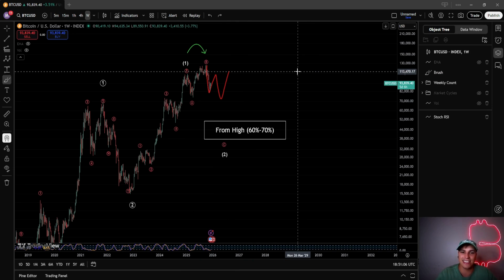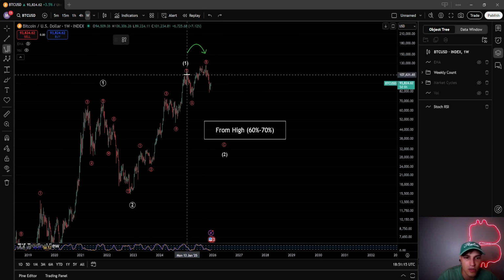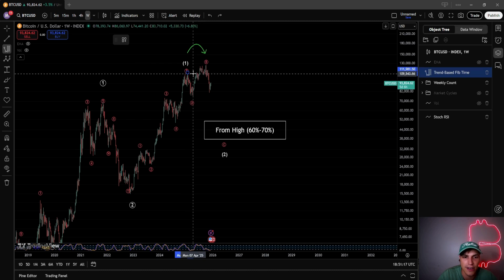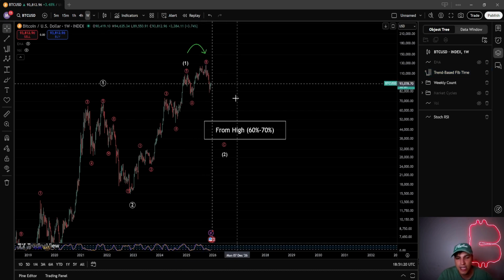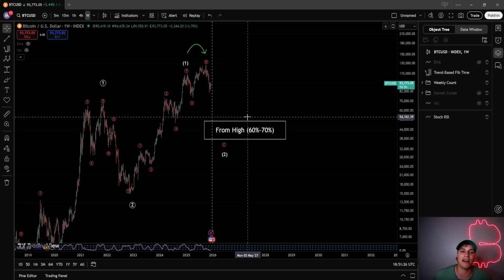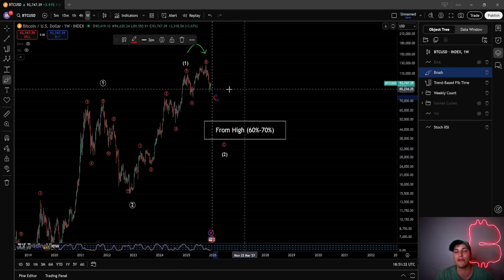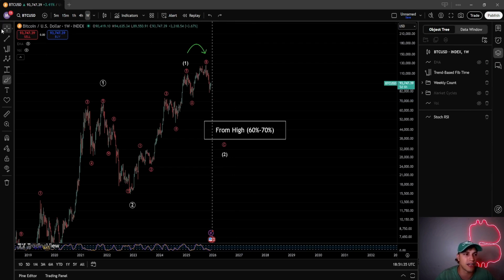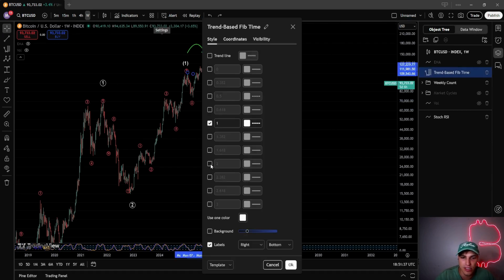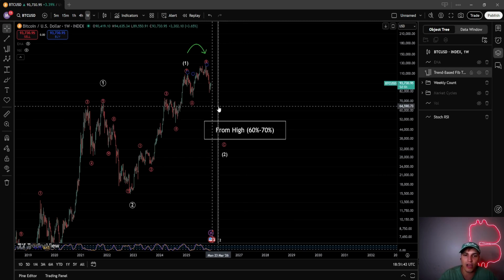Another way to look at it is in regards to time. Oftentimes the wave A and the wave C are very similar in time, right? So we can see the wave A started here, ended over here, and started there. So around sitting at the week of the 29th of December, so over a lovely new year, we would then be saying, okay, our wave C is now taking very, very long to complete, and we are then moving on. If we then increase this to a 2, in my opinion, probably the maximum AC could go, we are looking at here the 16th of March, quite a while from now.